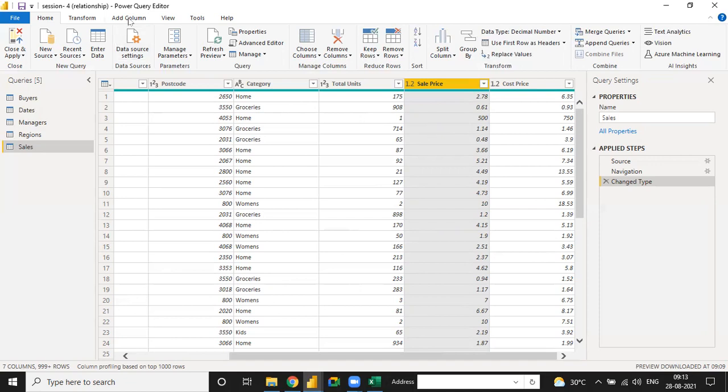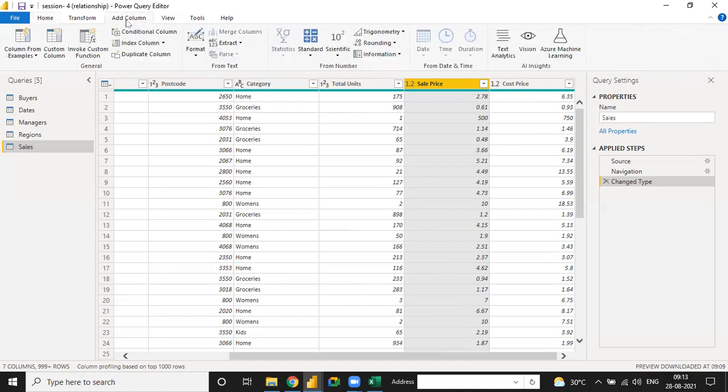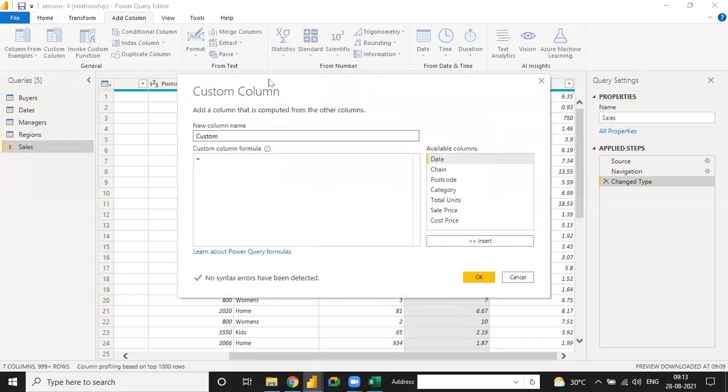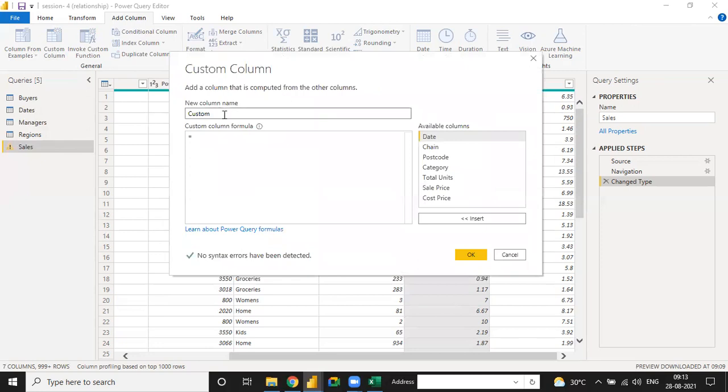So see, under this query editor, we have one more column, here is Add Column. Okay, then you have to add a custom column. When you click on the custom column, it will open this kind of window. For this, you have to maintain your sales, cost, as well as profit, and whatever you want in the future, you have to connect with a custom column, and it will add a column. So this kind of procedure will add a column in your data, and it means it's loading your file. So you also have knowledge about this kind of data.